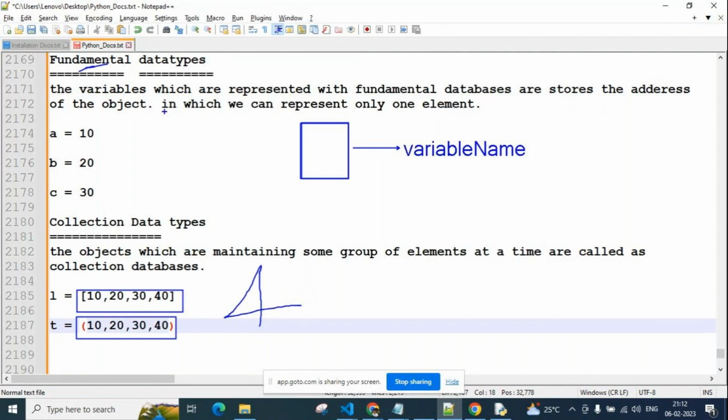Fundamental data types, majorly 2 types. Fundamental 2, collection 4, so 2 plus 4, 6. Totally, how many data types are there in Python? 6 major data types there.